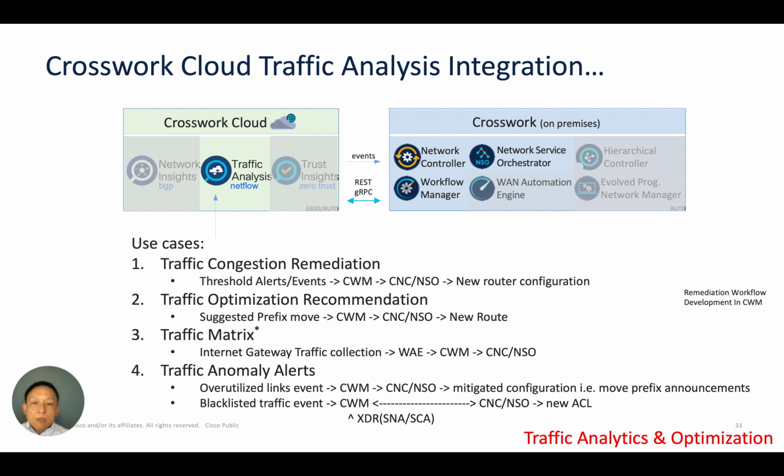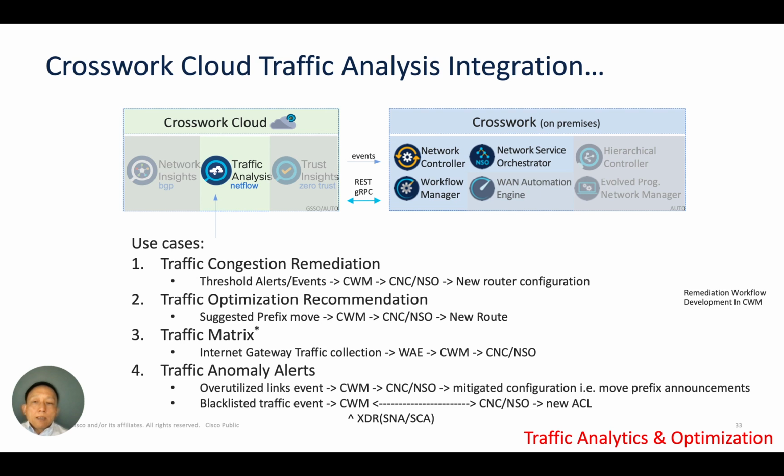So that's one of the use cases. It really depends on the business logic and the requirements on a customer by customer basis. And traffic optimization, and so on, traffic matrix, and even traffic anomaly alerts. As mentioned a little bit earlier, we have blacklisted traffic that you don't want to have, but if you do have it, then you can go through Crosswork Workflow Manager and figure out what you want to do, and then change that, maybe put on some access control list so that you can block all this traffic, and